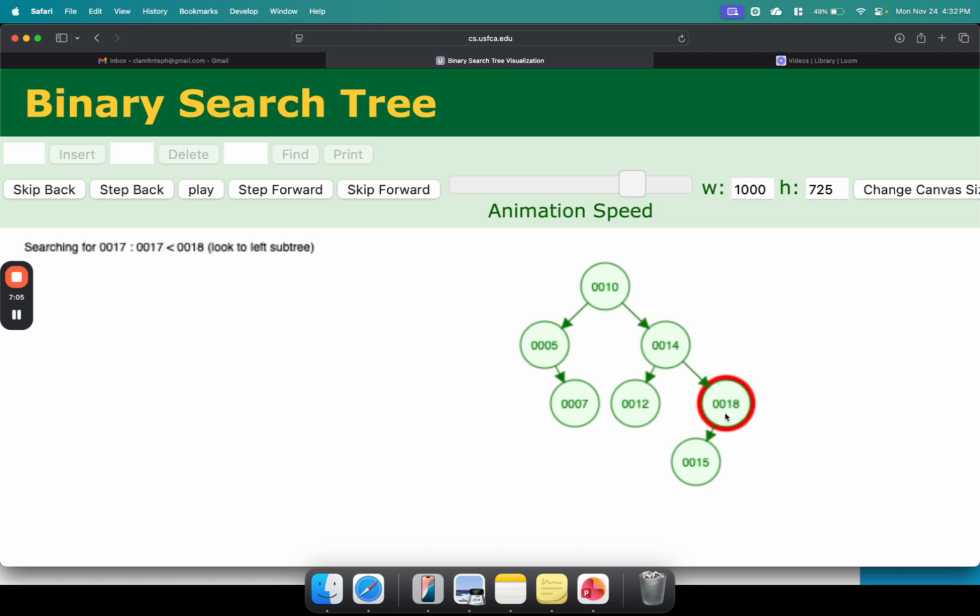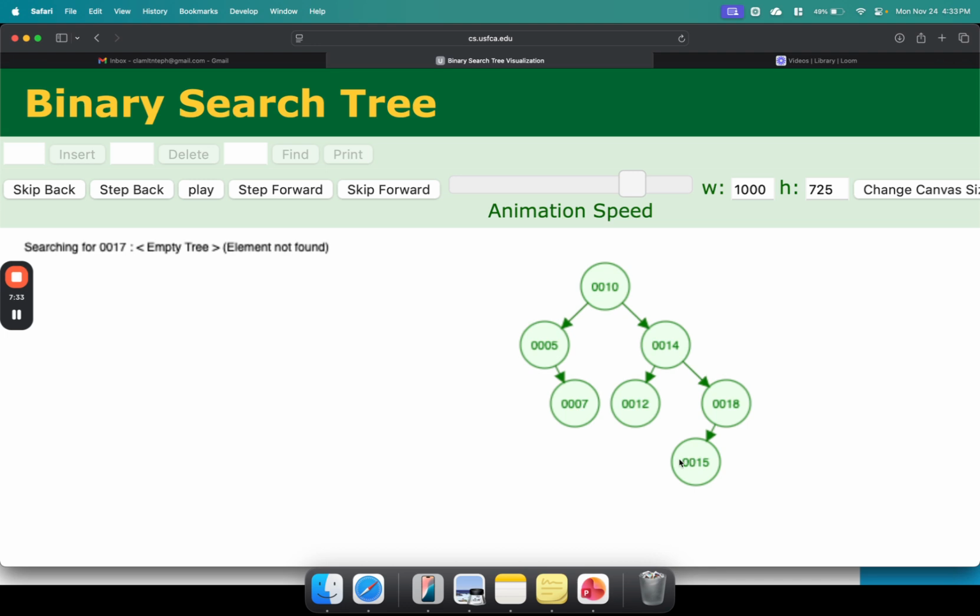It's smaller, so I go to the left. And then I compare. Is 17 greater than or less than 15? It's bigger, so it should go to the right. But because 15 no longer has any children, I stop right there and I can say that the element was not found.